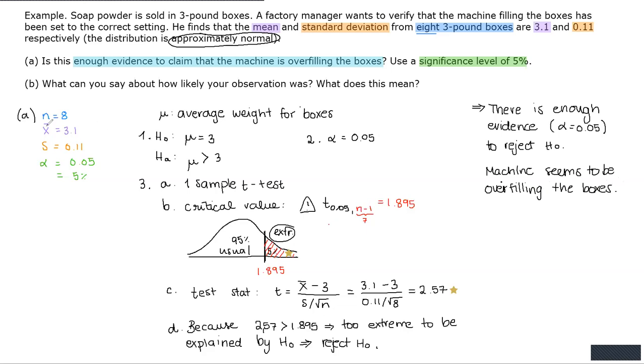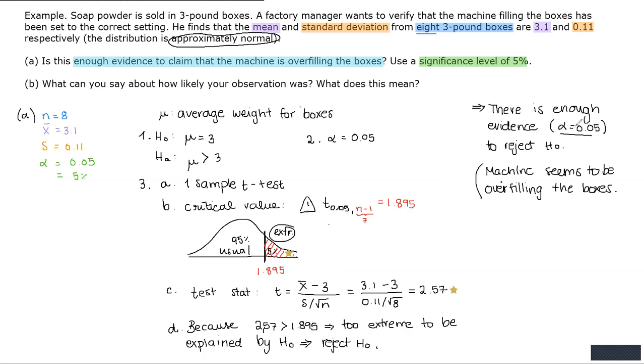Right? So what does that mean? Our sample mean told us that the average weight of my 8 3-pound boxes was actually above 3 pounds. And what we said is, okay, this doesn't look like that much of a difference, but maybe because the standard deviation is so small, there might actually be something wrong. So my machine might be set to a setting that is a little bit higher than 3 pounds, and so each one of the boxes is being overfilled by a little bit. Right? The machine seems to be overfilling the boxes, and we know that the level of significance for this is